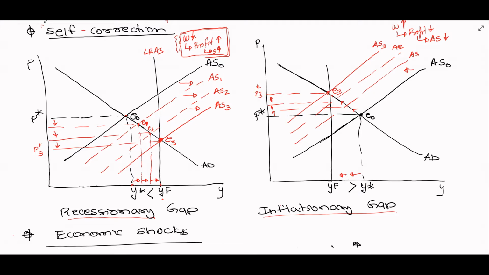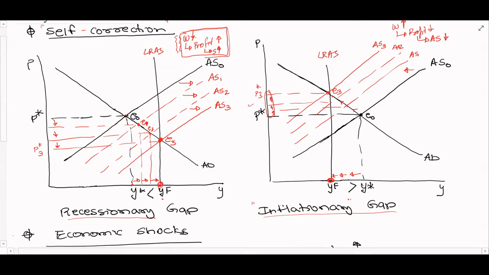And so if you notice the end product, as far as GDP is concerned, whether you are below the capacity or you are above the capacity, the end product is the same in the long run, which is you move to your full capacity output. In the second scenario, when you are above the capacity, look at what is happening to the prices, which are rising. And if you are overusing the resource, eventually you will see higher prices, and as a result, the word is known as inflation, and hence this kind of gap is known as an inflationary gap.